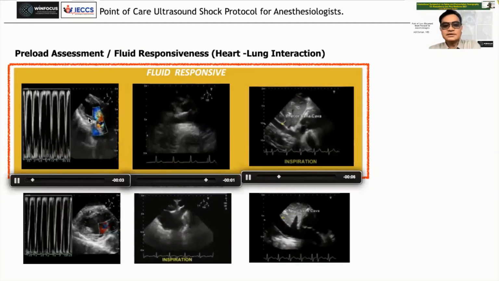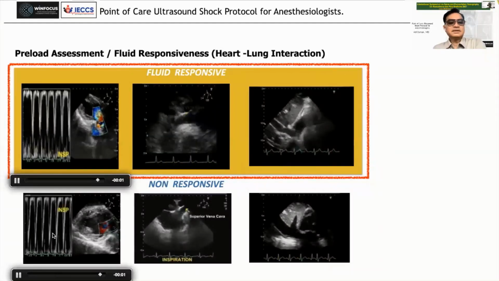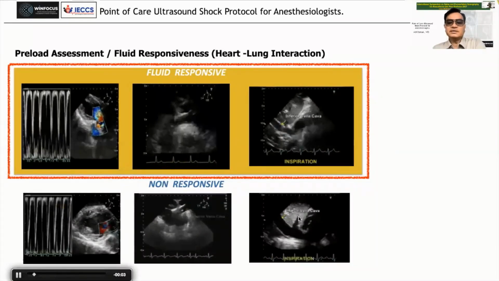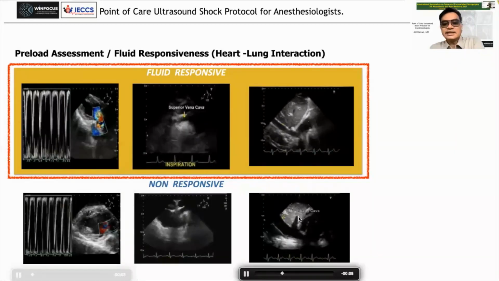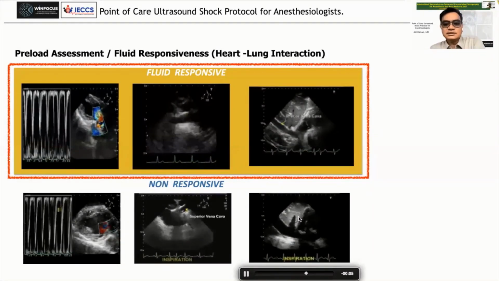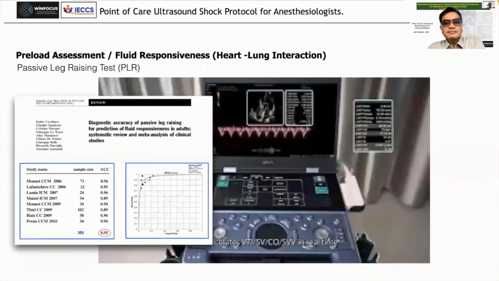VTI variation, right? And this is a patient who is non-fluid responsive, whereby you can't see much difference during inspiration and expiration, a similar kind of static dilated IVC without any change during inspiration and expiration. So it's non-fluid responsive. But I would like to bring you to this quite interesting test called passive leg raising